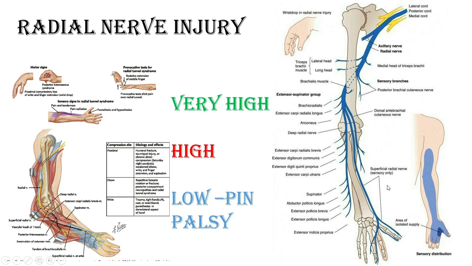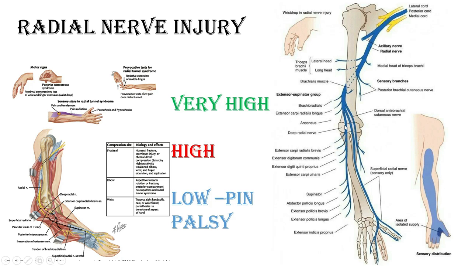This is called the autonomous zone of the radial nerve, because that area must always be supplied by the radial nerve. Okay. So after piercing the supinator, it goes into the posterior compartment, and it will supply all the extensor group of muscles, beginning from extensor carpi radialis brevis to extensor digitorum, digiti minimi, carpi ulnaris, supinator, along with the extensor pollicis brevis, extensor pollicis longus, extensor indicis, all this group.